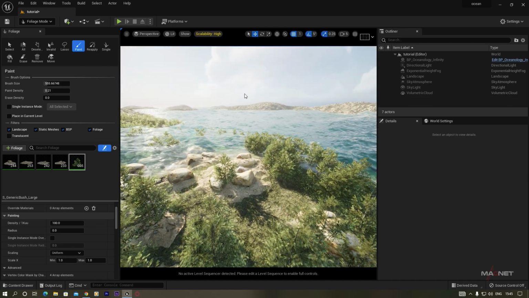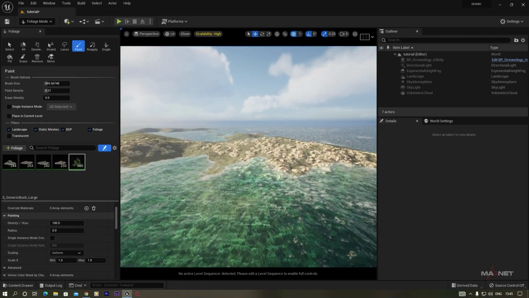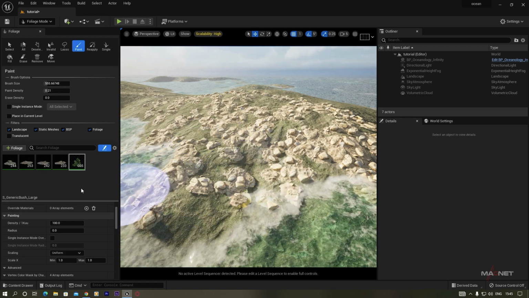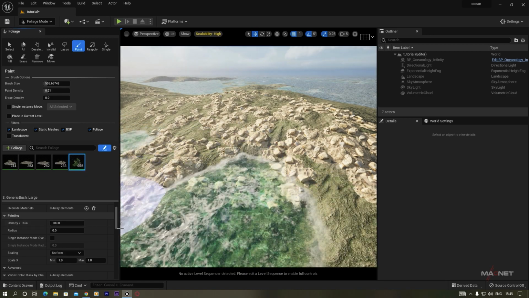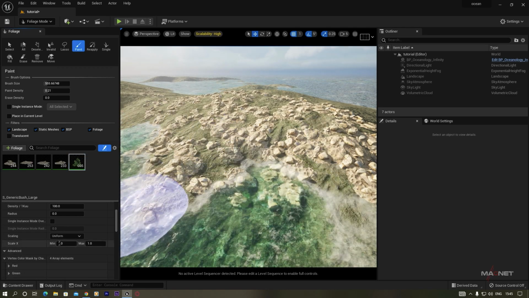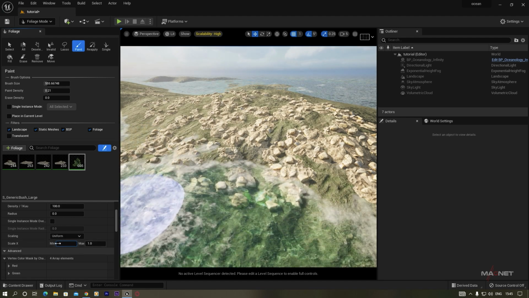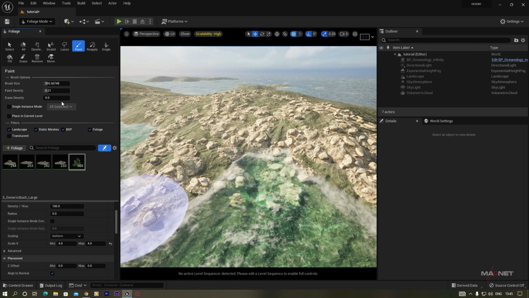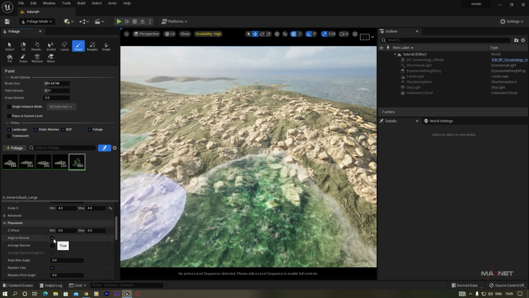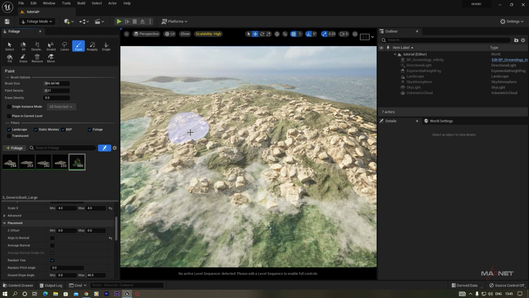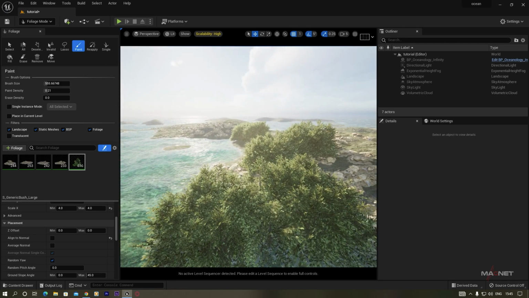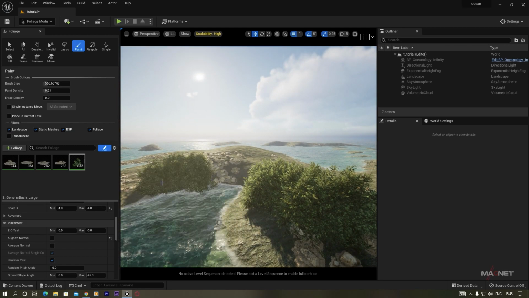And now we go to these far islands here, and to put the plants over here, I do one thing: I increase the scale of this so it can also work as trees over this island. So I go to this scale and I increase it to 4x4, and also I go down here and you will see this align to normal. So I just uncheck this. Okay, and now we just click and grow our plants over here. Okay, so you can see it creates a nice result for our scene,